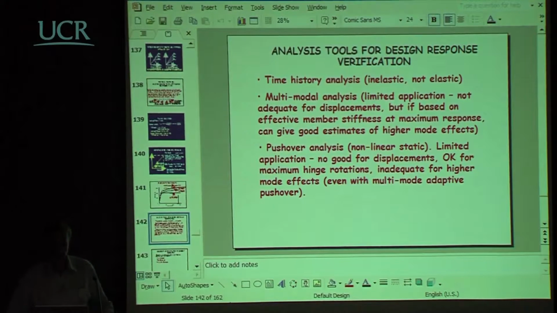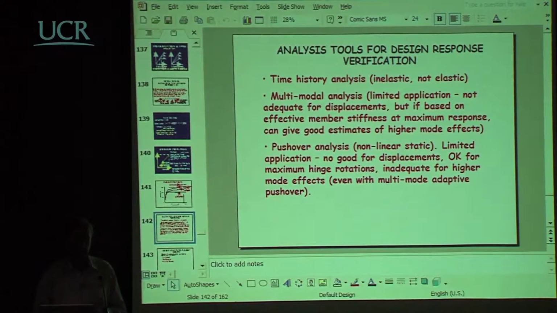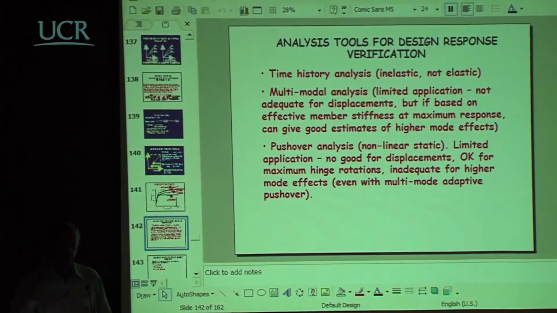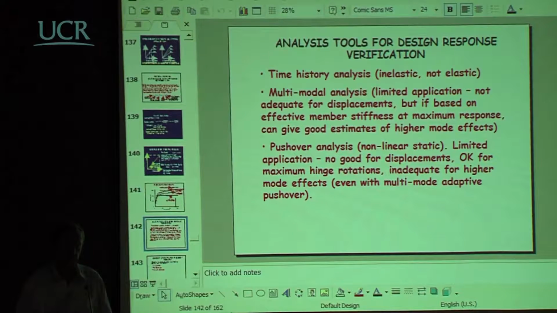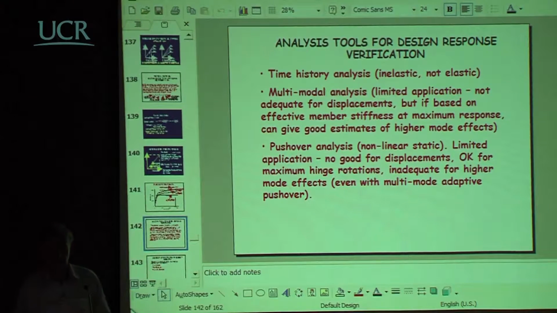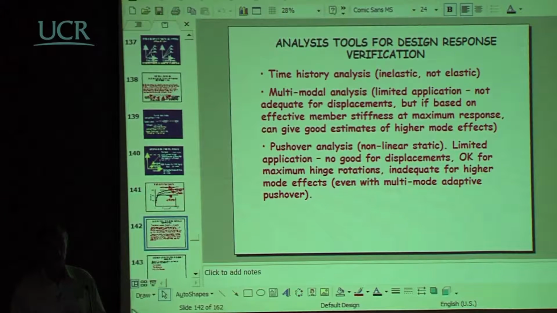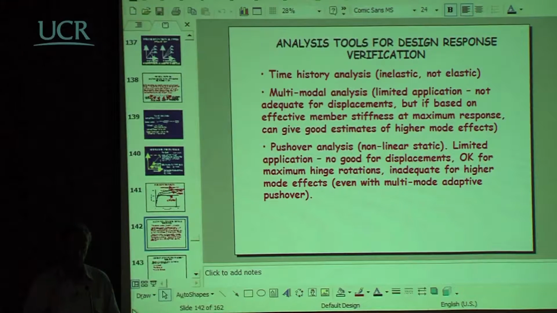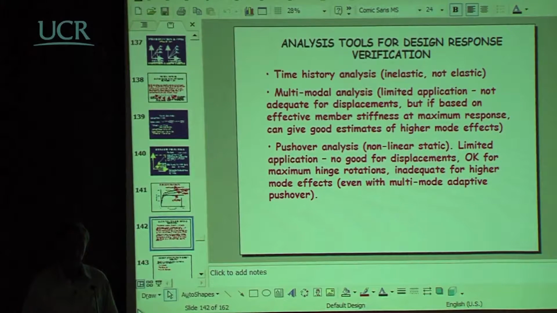All right, let's look in a bit more detail at analysis tools for design response verification. This is a little bit different from assessment of existing structures. What we're trying to do here is not to get a rough ballpark idea of what an existing structure is, but to take a structure that we've just designed by displacement-based procedures and do a design verification by a more sophisticated approach. Remembering again that the design procedure, direct displacement-based design, is a very simple process. It's, in our belief, rather robust in terms of the assumptions that it makes, and even though it's a single degree of freedom design approach, we have considered the effects of the higher modes in a much more consistent fashion